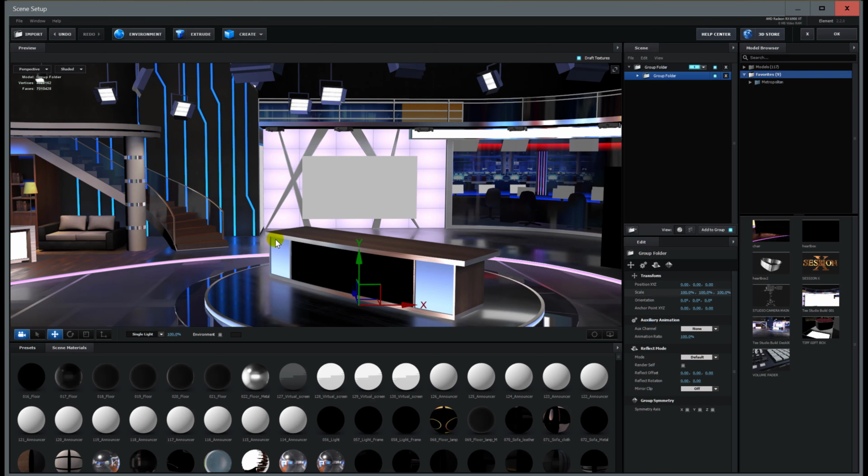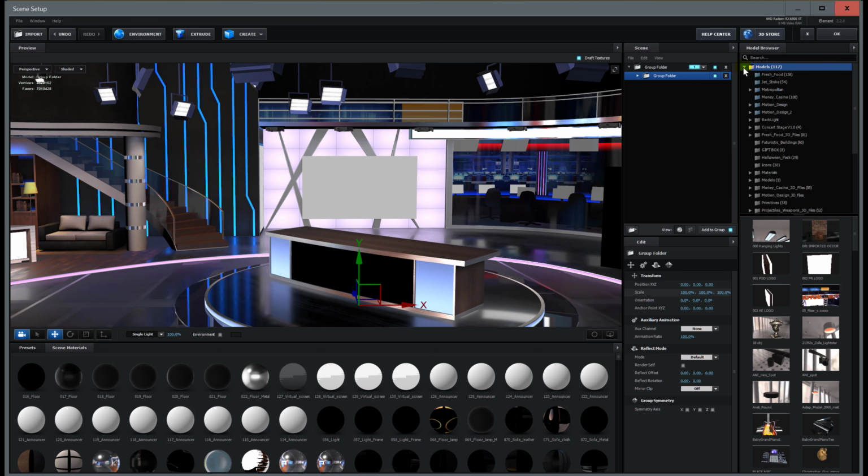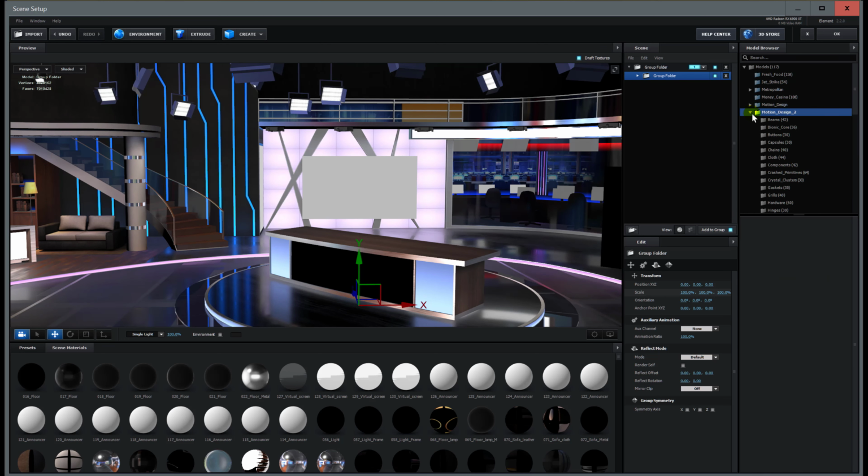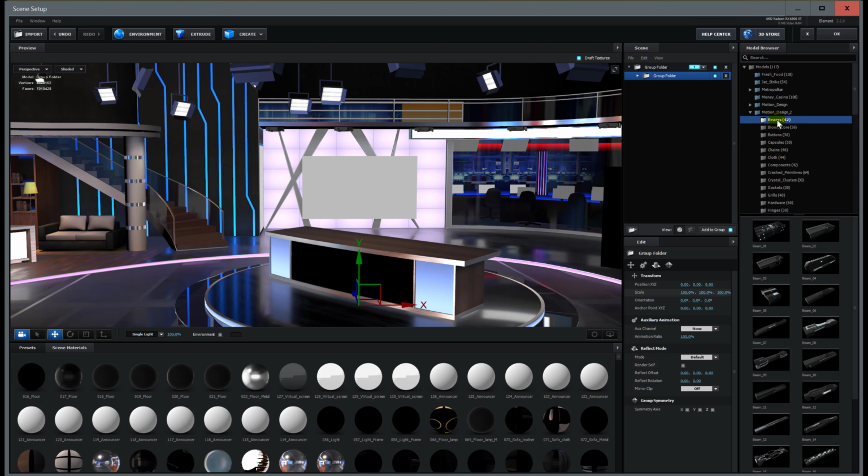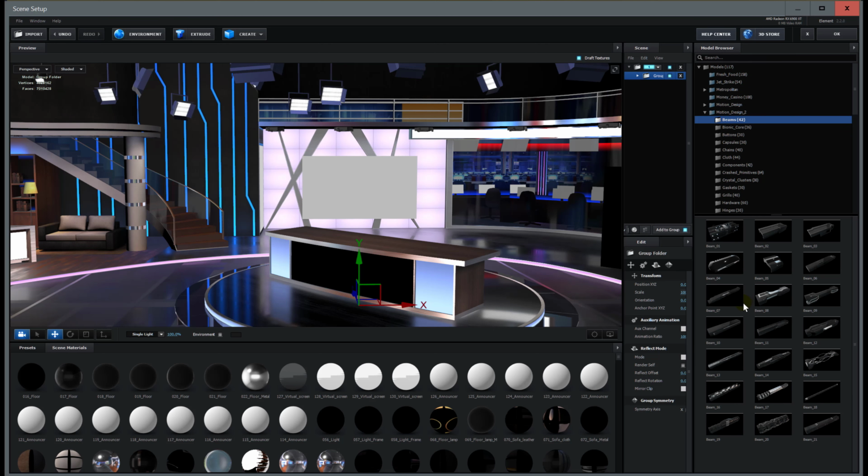So first of all, I got this kit from Andrew Kramer called Motion Design 2. And all Motion Design is, let me see if I can zoom in, it's just a bunch of elements. It's just a bunch of mechanical elements. And what's cool is that if you take these elements and you just put them anywhere in the stage,